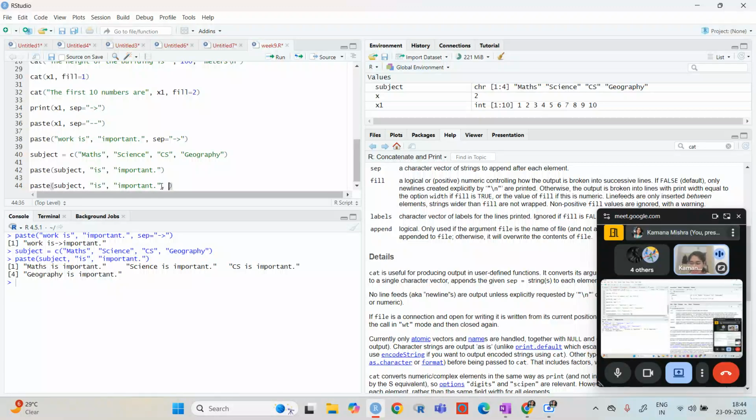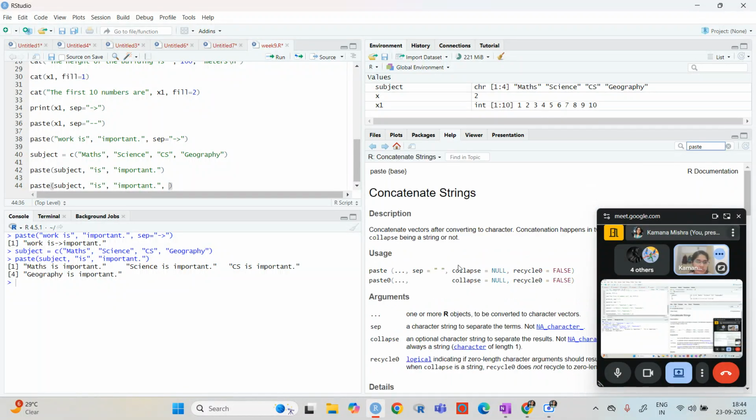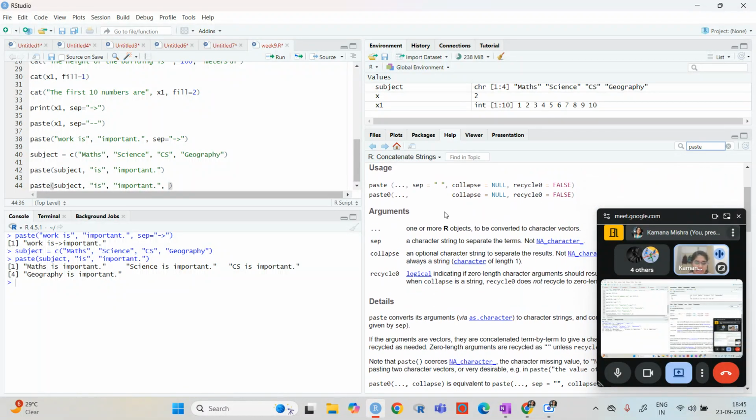What is one thing we can do is that you can see that we have just all endings. What we can do more is that firstly we can see what the functions here are, so that will be more clear. Okay, so you can see that there is one thing called collapse.